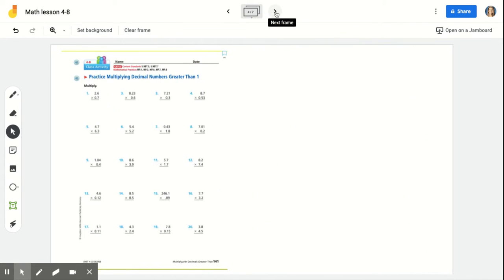So let's take a look in our book, page 141. I'm going to guide you through, and we're going to solve number 4 together. And again, this is pretty much review from the last few lessons, so you may be working maybe one step ahead of me with some of these problems, and that's totally fine. So number 4, what we're going to do is rewrite the problem on our whiteboards. That way we have enough room and we can easily space out our digits. So let's rewrite it. It's 8 7/10 times